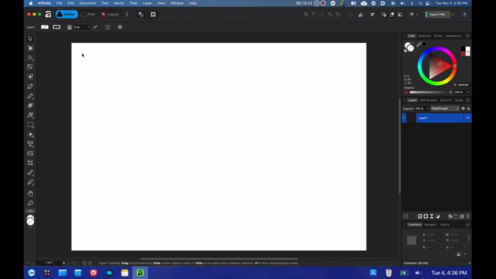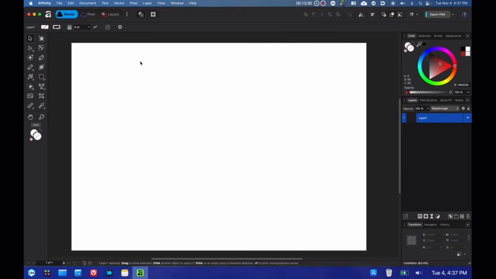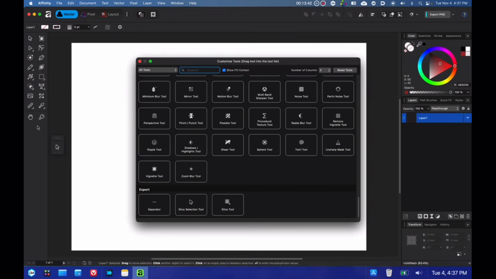Now, another thing that I'm going to customize is my toolbar over here. I like 2 columns, so I'm going to select those 3 dots, and over here I'm going to say 2 columns. Now, this looks nicer to me. And you can also rearrange these icons in a particular order that you want. So I'm going to select these 3 dots again, and I'm going to rearrange these. I want the node tool to come after the move tool. I want these 2 to stay as they are.